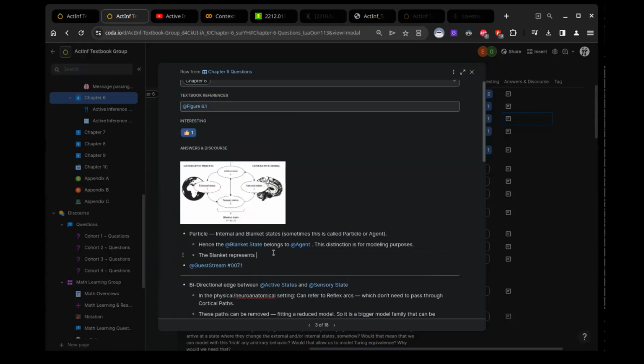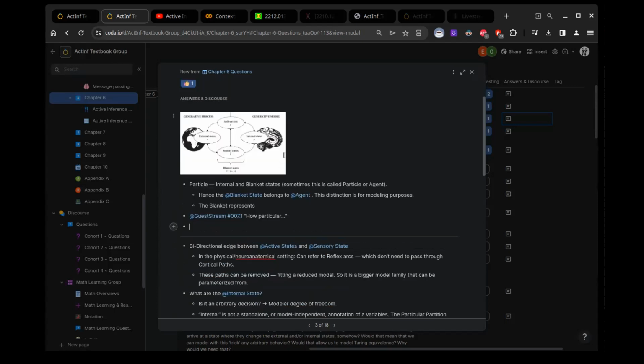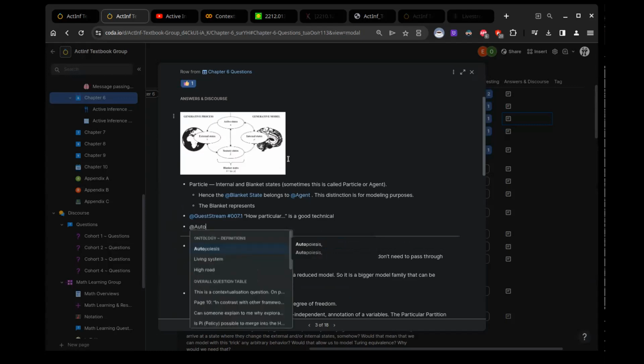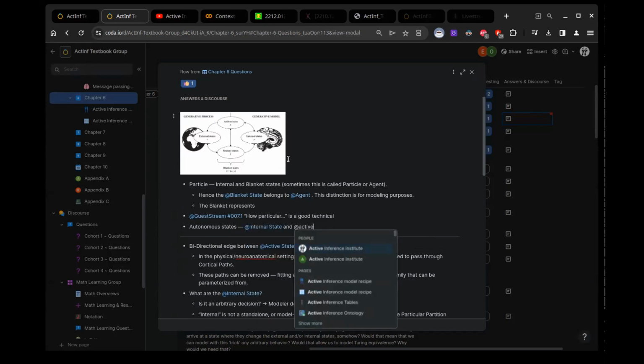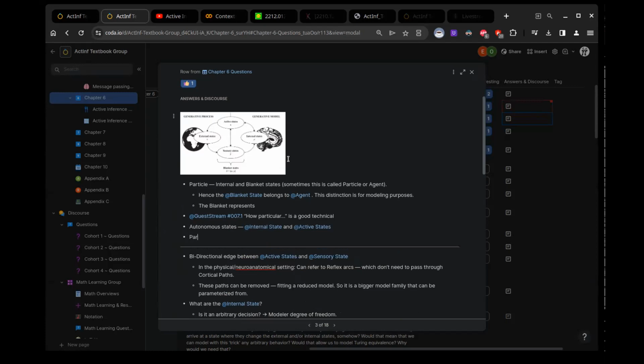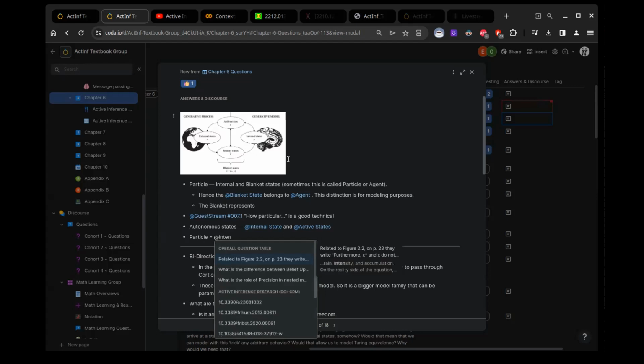Ali, and then anyone else. I wanted to mention a couple of technical terms that have been used repeatedly in the literature. One is the autonomous states, which refers to the joint set of internal states and the active states instead of the whole blanket state. So a particle is the joint set of internal states and the whole blanket states. But if we consider only the active states among the blanket states, then that's been referred to as autonomous states.